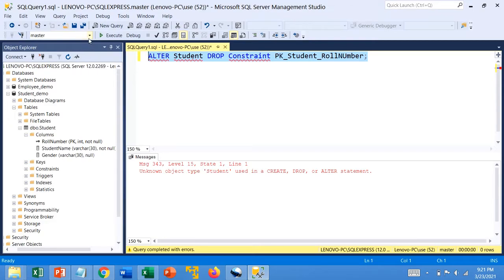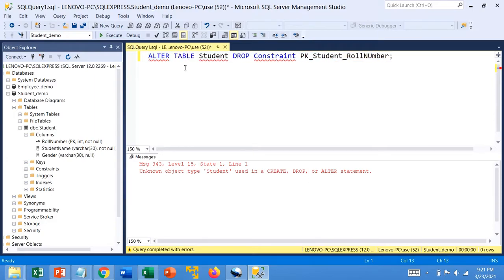Oh, we are not in the student database. Now let's try to re-execute this query. Unknown object type student used in create, drop or alter statement. So the table keyword was missing here.